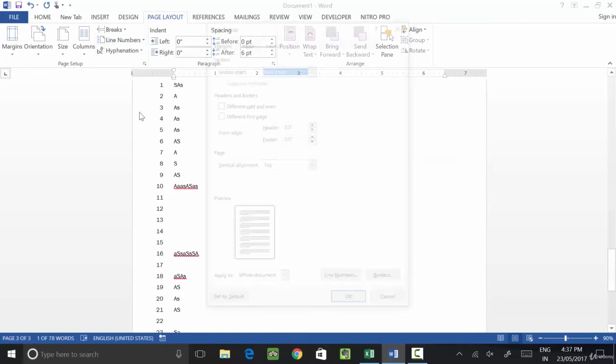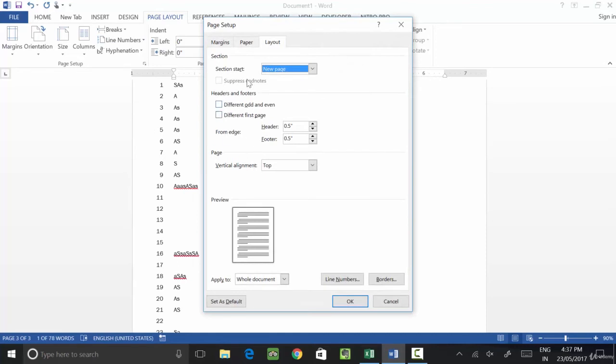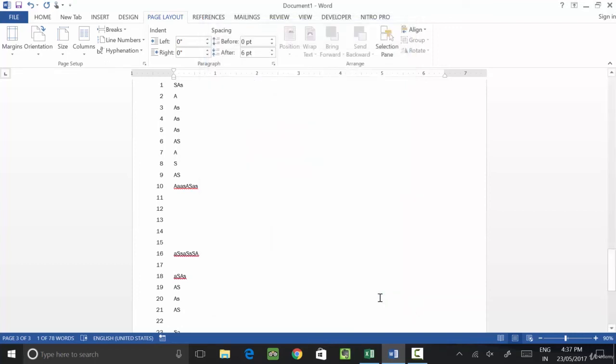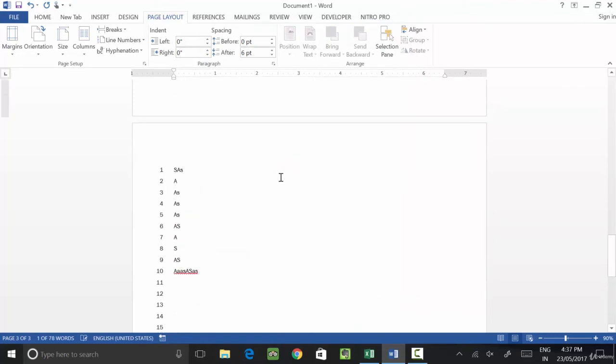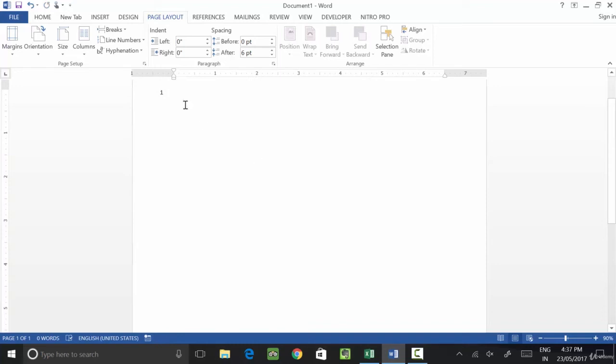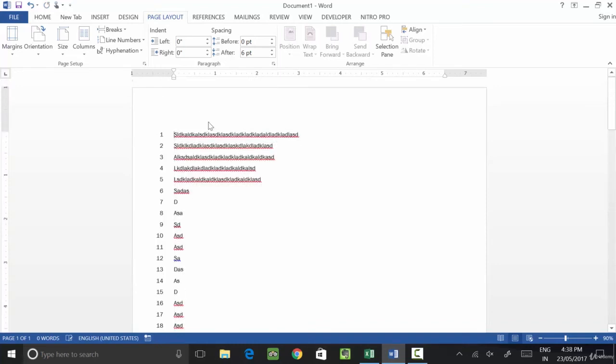In the line number option you can select new page, continue page, even page, odd page, from which layout you want to choose. So this is your choice. From here you can do the setting of line numbers, but normally we cannot use this option because we never calculate the line number in MS Word. Okay, clear?